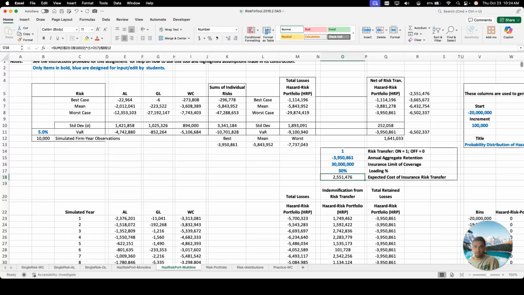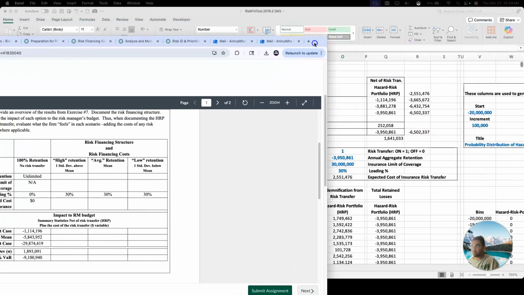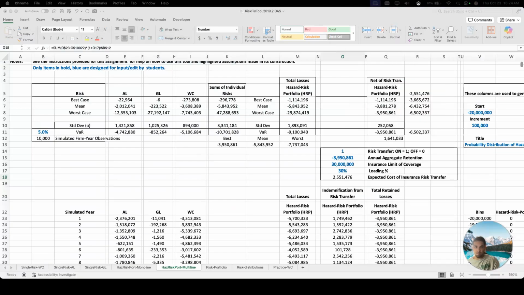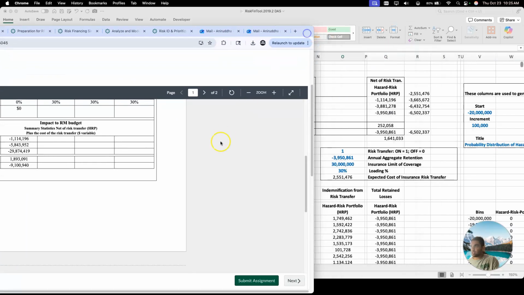And where do you type that? Well, you're going to type that in right here. Let me pull the tab up. You're going to type that because we are doing the low portion, the best case scenario, one standard deviation below the mean. You're going to type that right here. And then we have the limit of coverage, so you can fill out that column. Then for the best case scenario,